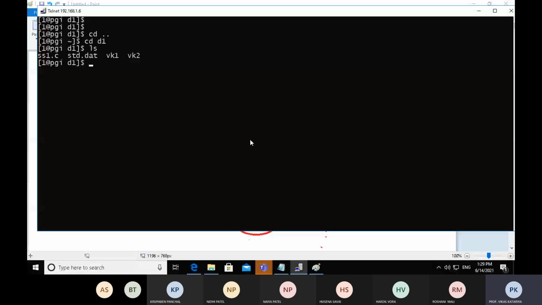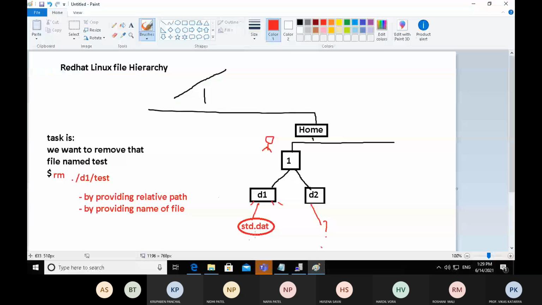So cd space double dot. So we are in the current working directory, 1. We have to pick the file student.date from d1 and paste it in the d2 directory. This is the work of the move command.